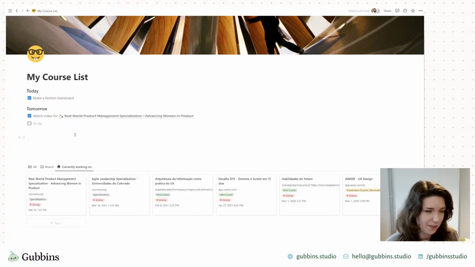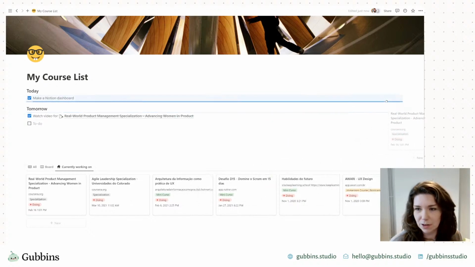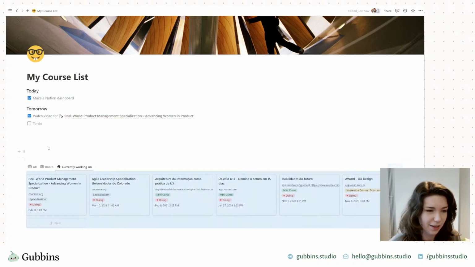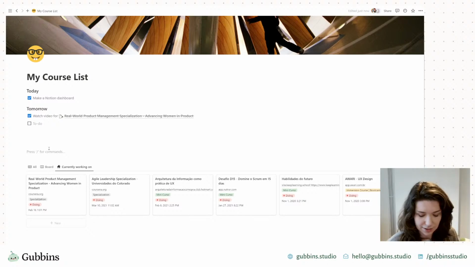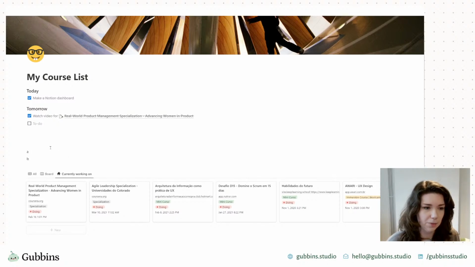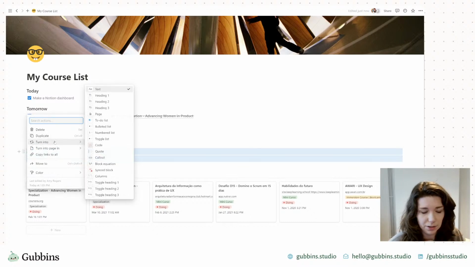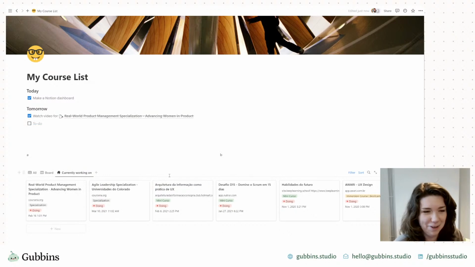So back to the dashboard. Say I wanted to put this as its own column over here. For some reason you can't just drag databases. I'm not sure why. So the way around that is to do the column technique that we had before. Turn into, and I'm sure there's a keyboard shortcut for this, but I can't think of it on the fly.